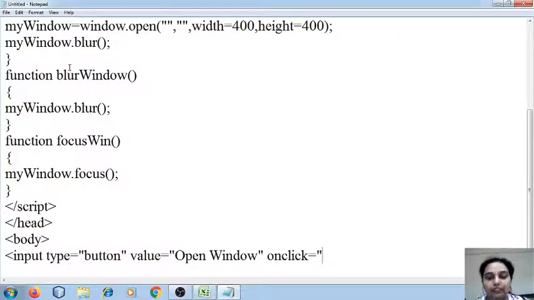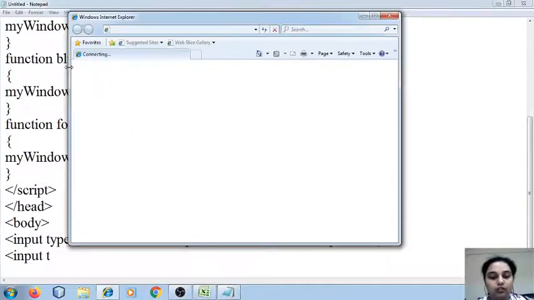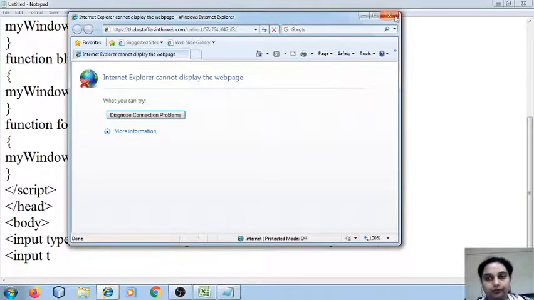So when the onclick event is triggered, I'm going to write the name of the function, and then close the tag. That is only for opening a new window.